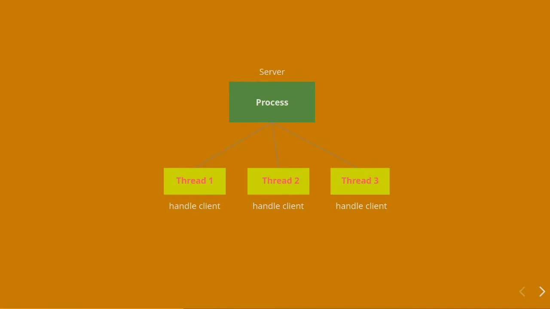Here you may consider an example. We have a server. The server is the main process, and whenever a client tries to reach this server, then this server has to communicate with that client. So this server is creating a thread for handling a particular client. Same, when the next client comes, it creates thread 2 for handling that client, and the same goes for the third client. So you may see that if we are creating a server and client architecture, then threading becomes very useful, and it is also necessary for us.